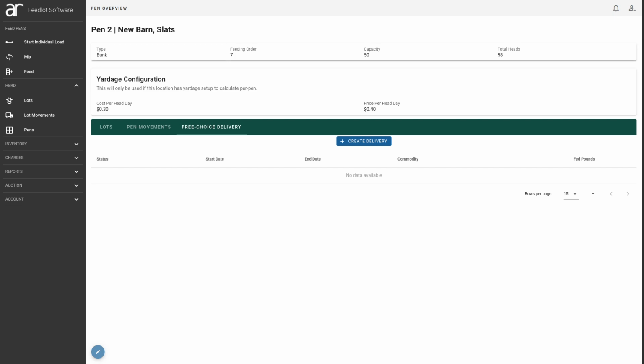It simply means that animals can consume a commodity at their free choice. So there really is no clear-cut length of time that this commodity is going to last in a pen when you first add it to a pen. The prime examples are salt blocks or straw for bedding. So the example for a salt block is if you would add a salt block on a Monday and that lasts until, let's say, Saturday, the start date of that would be Monday's date and the end date would be